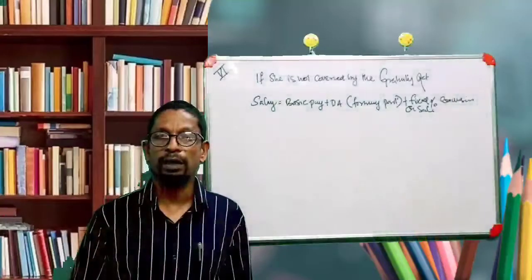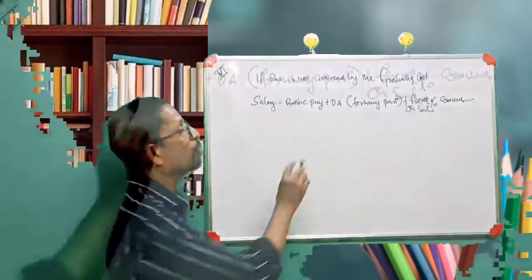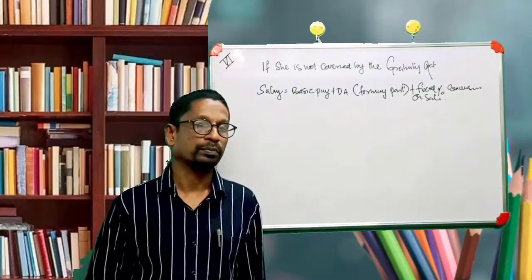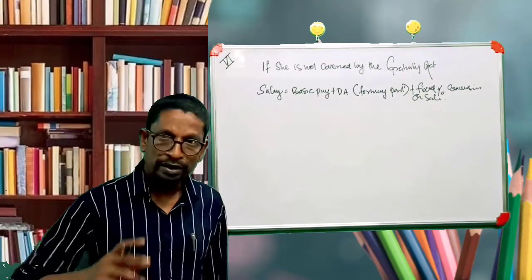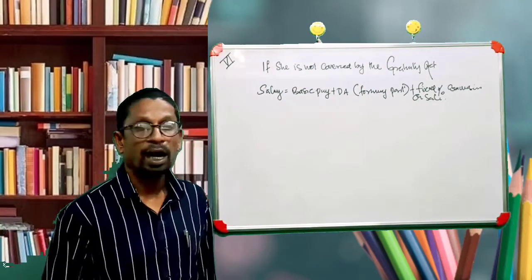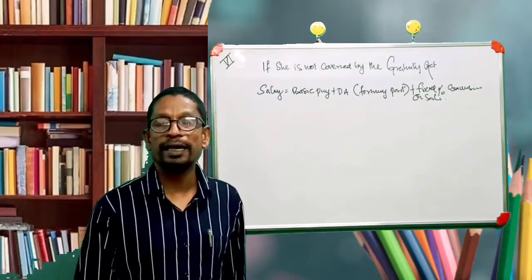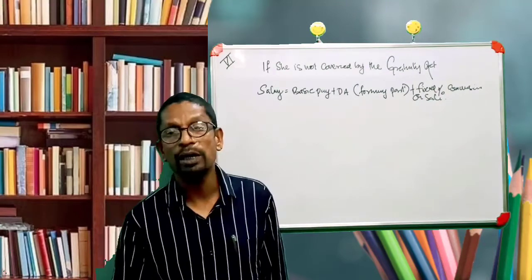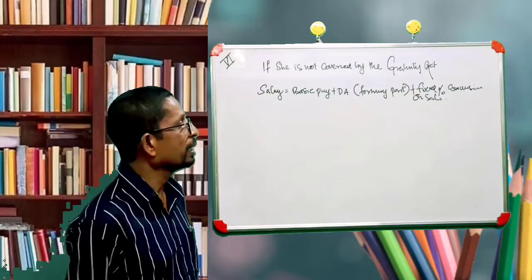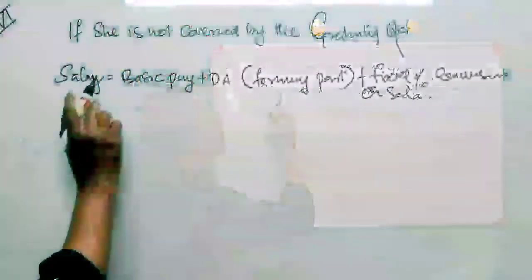Okay, my dear students, we are moving to the second option of this question now. Say if she is not covered by the Payment of Gratuity Act 1972. Just like the former questions, first of all we are writing the three conditions as per the act. Half month salary for each completed year of service, then rupees 20 lakh, and the actual gratuity received, whichever is less. Then here the term salary means, remember it is very important here, salary means basic pay